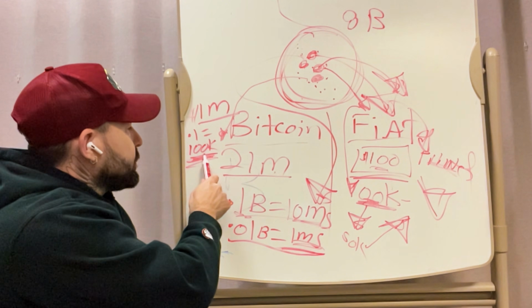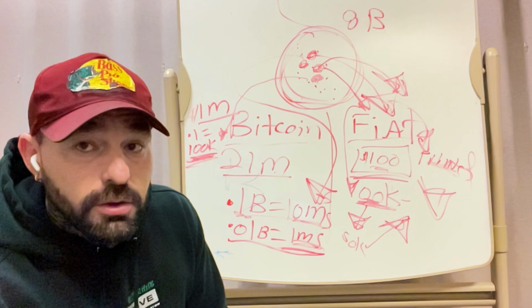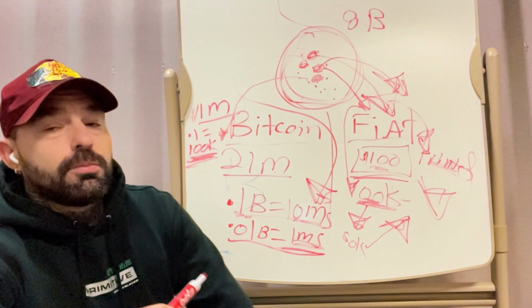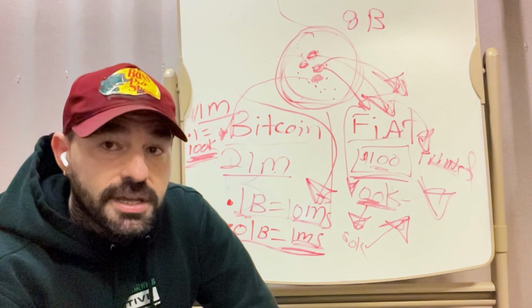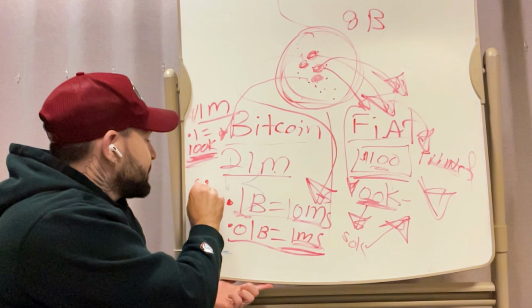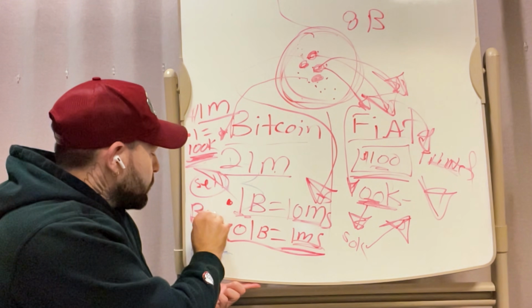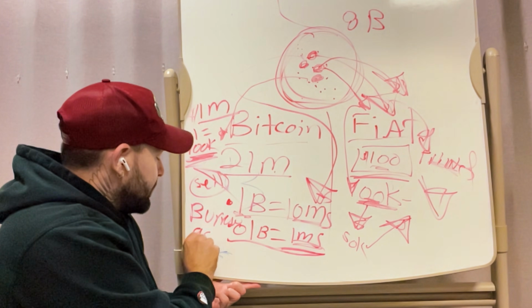Now, over here, what can you do with 0.1 Bitcoin in the future when we get to 1 million Bitcoin? Now, you'll be able to take out loans against this so you don't have to sell it. We don't want to sell our Bitcoin. What we want to do is borrow against it.